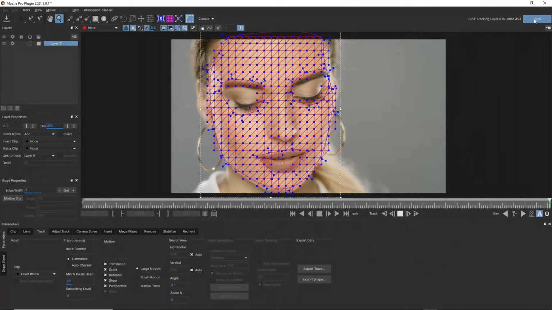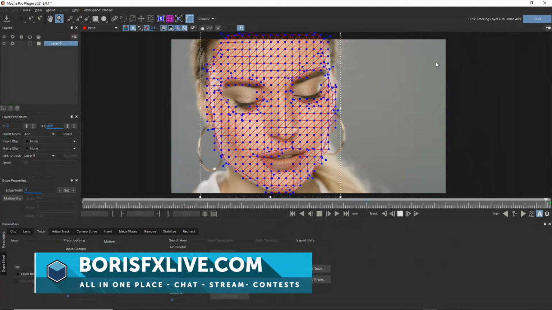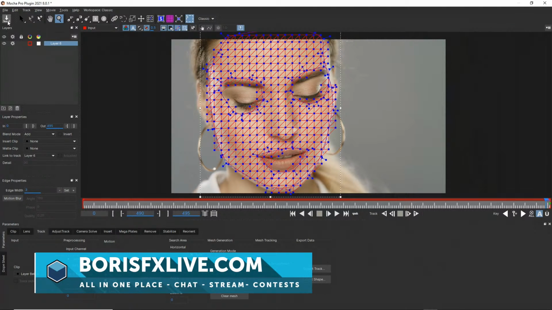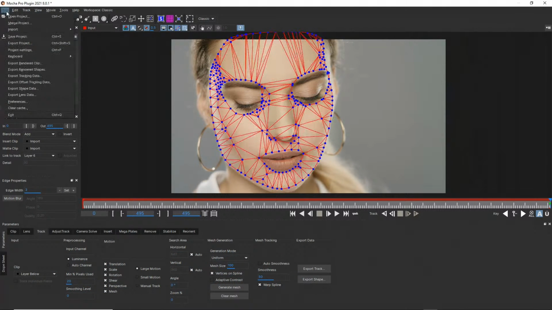And you can see it tracks pretty quickly for how many points it's tracking. But again, it takes a couple of seconds per frame to track. I am not going to make you sit through this whole track because I have already baked this cake for you. So let's just go ahead and